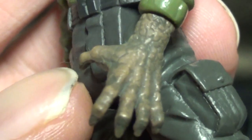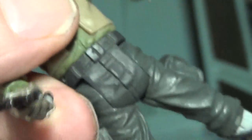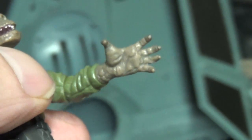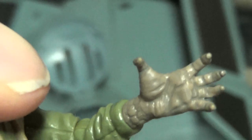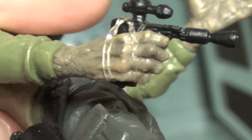Look at the hand. I was actually thinking, I wish I had one of these that I would actually want to customize, but being that they're kind of rare, I always wanted to make one of these into a Darth, a Sith. Look at that hand. He's even got the Sith pose. But yeah, look at that detail, even in his hands. See, there's one thing. I gotta take that